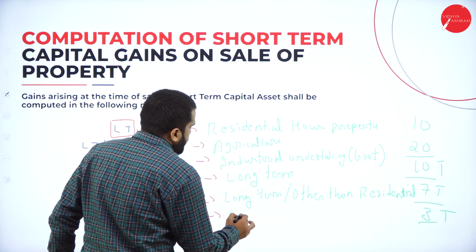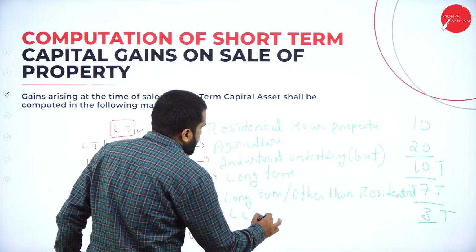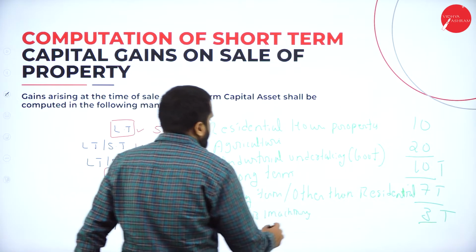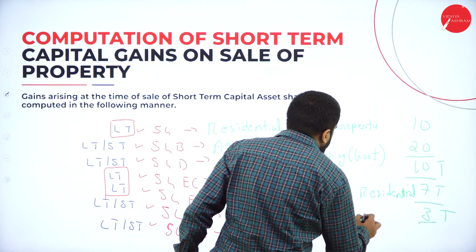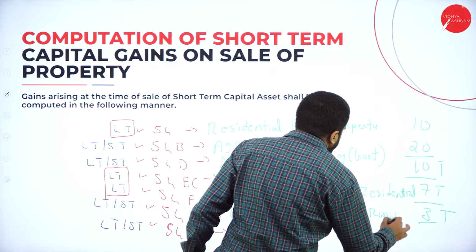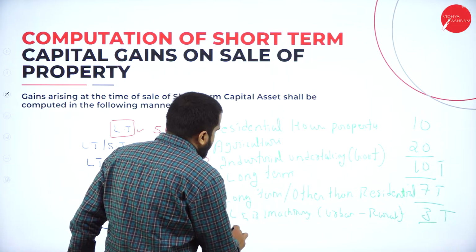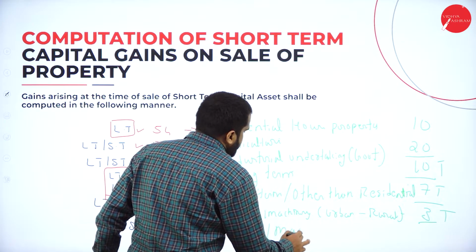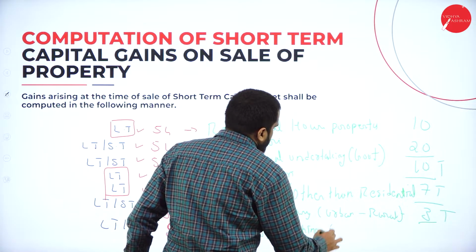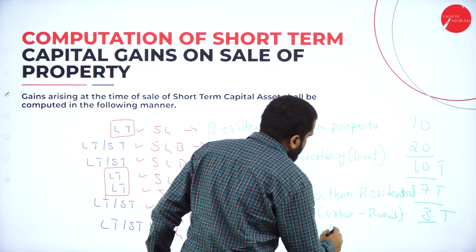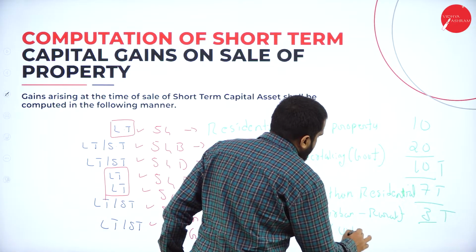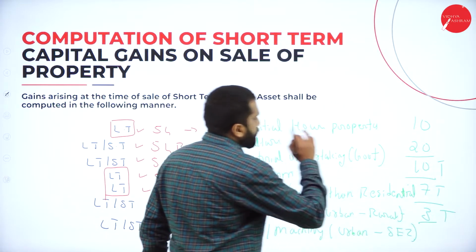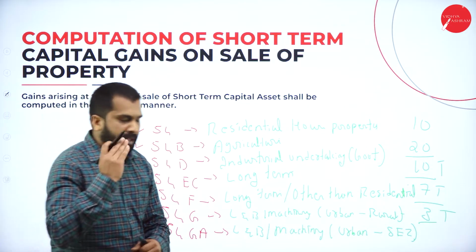This is like land and building or machineries, like urban area to rural areas. Similarly, any land or building or machinery, so this is also the same thing: urban area to special economic zone. Hope you are clear? Yes.